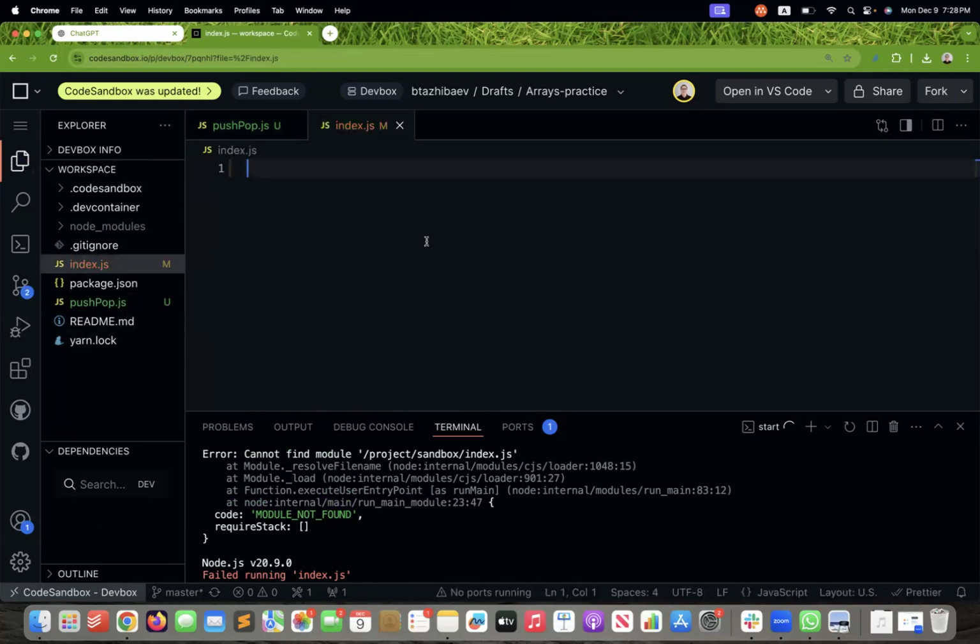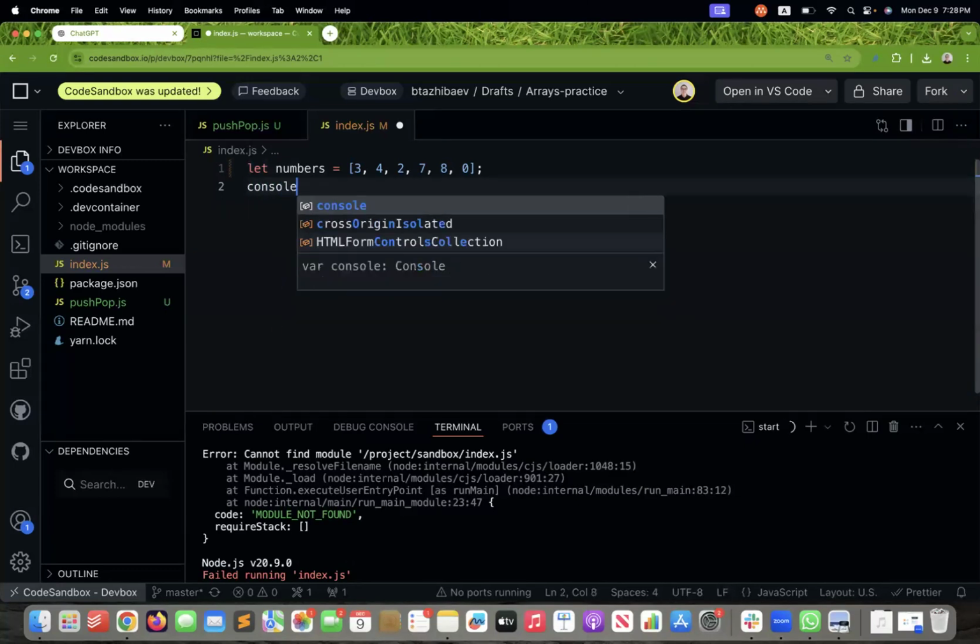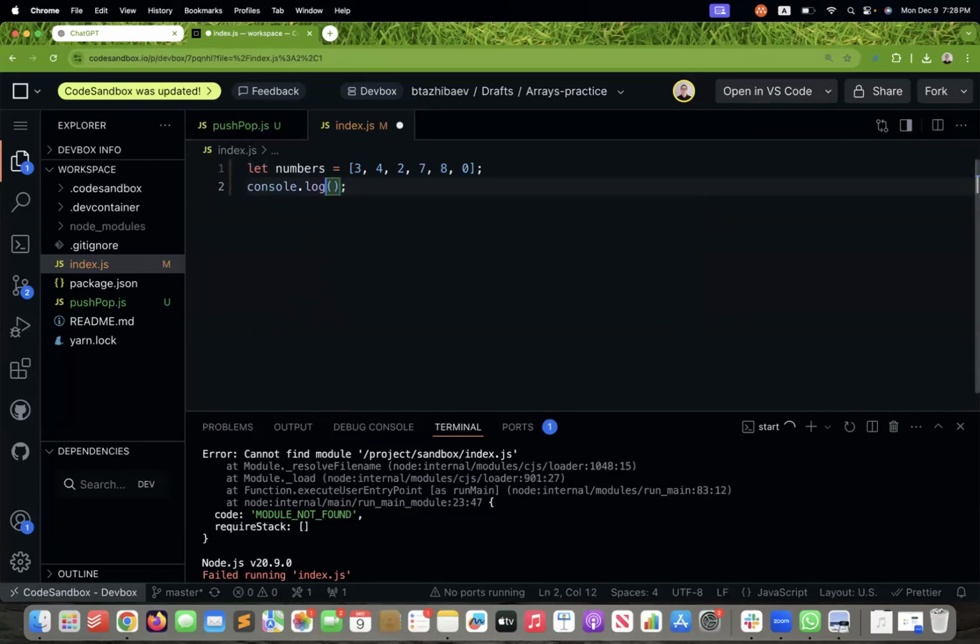So now what I can do is create let numbers equal 3, 4, 2, 7, 8, and 0. And we're gonna go ahead and console.log initial numbers. Okay, if I go ahead and save this, we